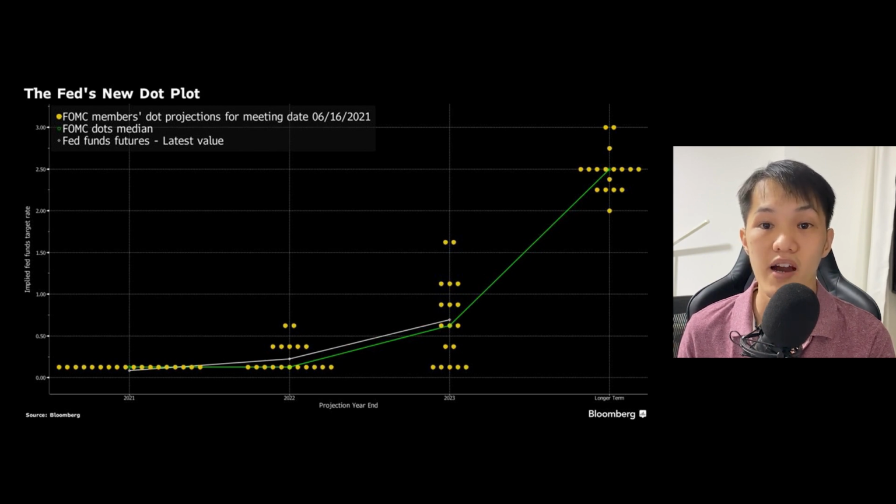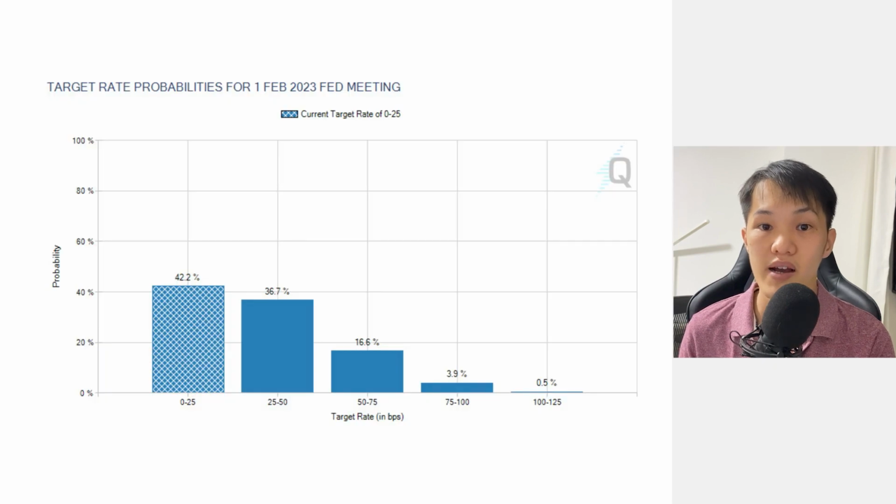The dot plot serves as a guide for financial market. You can also check the market implied probabilities on the CME website. These probabilities are derived based on the pricing of the Fed Fund futures contract. Here you can see that for February 2023, there's 42% probability that the Fed Fund rate will stay at 0%. And there's around 37% probability that there will be 1 rate hike and about 17% that there will be 2